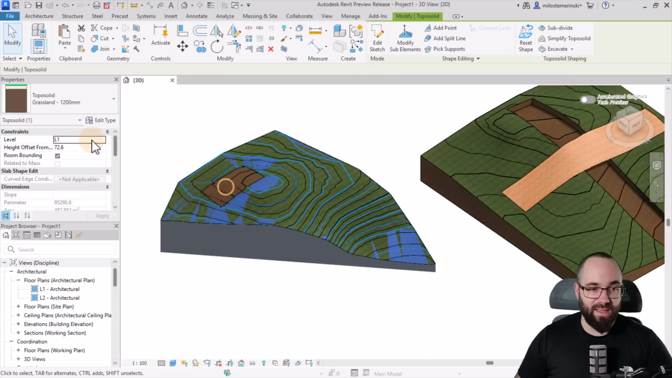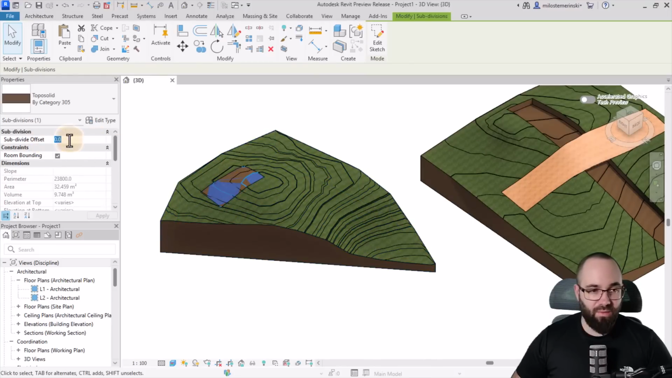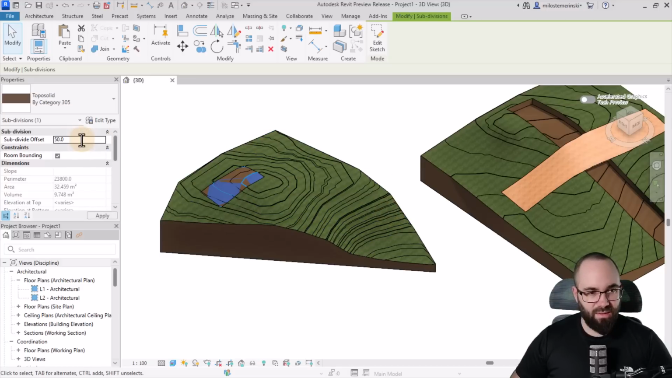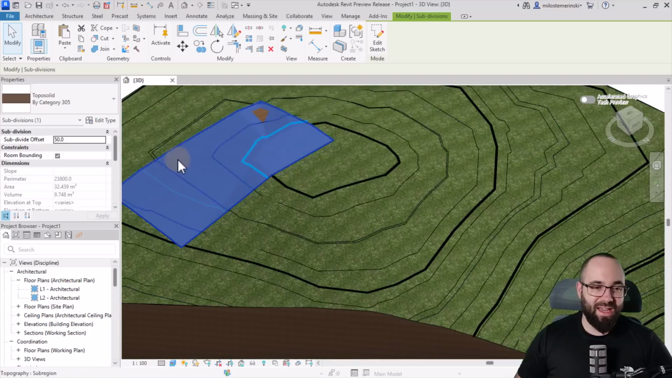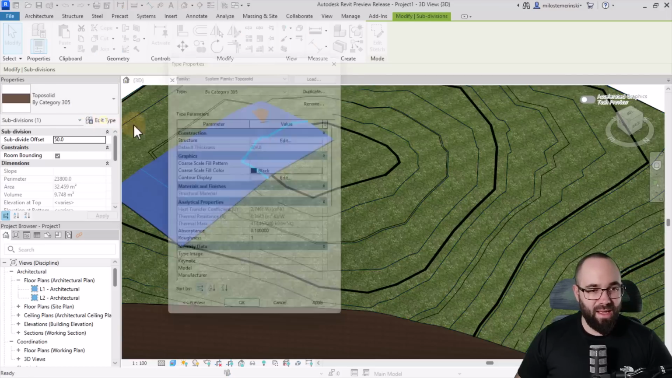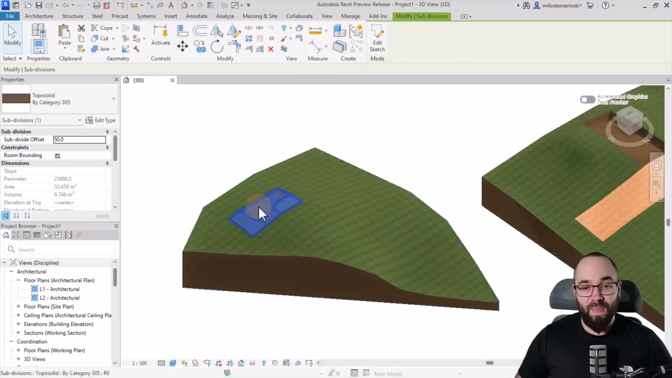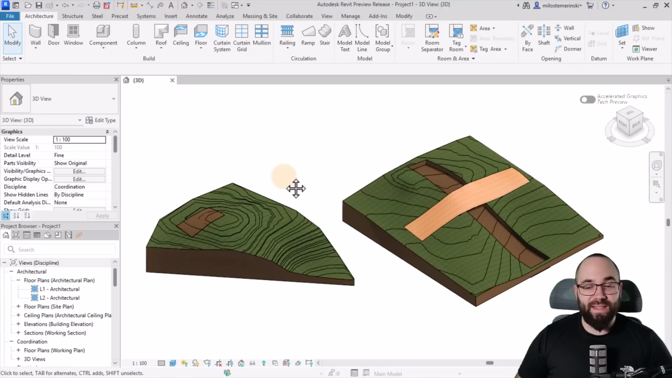And again, we can select it, we can give it a positive or negative offset. So let's go with 50, I guess. Yeah, so we can bring it up, down. It just cannot be more than the thickness of this material, which is, I'm guessing, 304 millimeters. So there we go. Those are the changes in terms of the subdivisions and things that you can do to